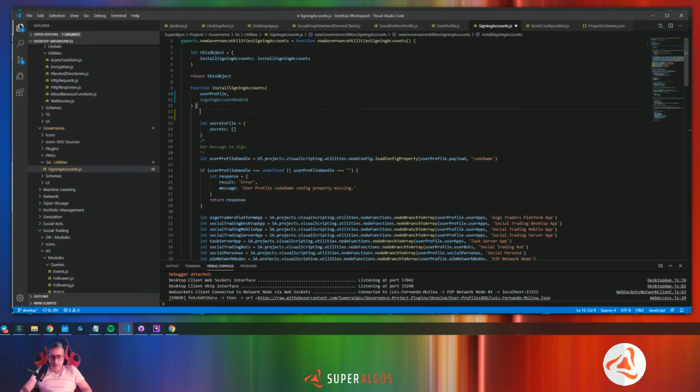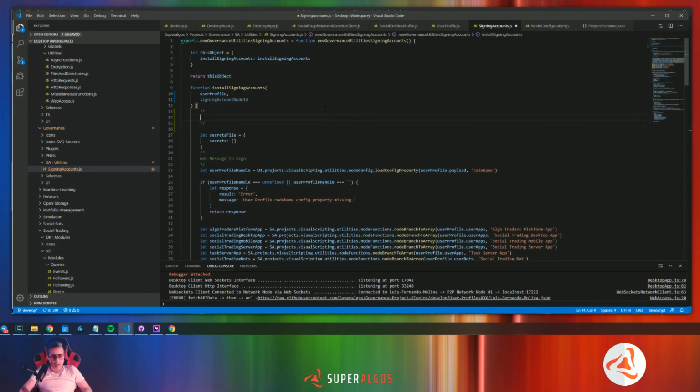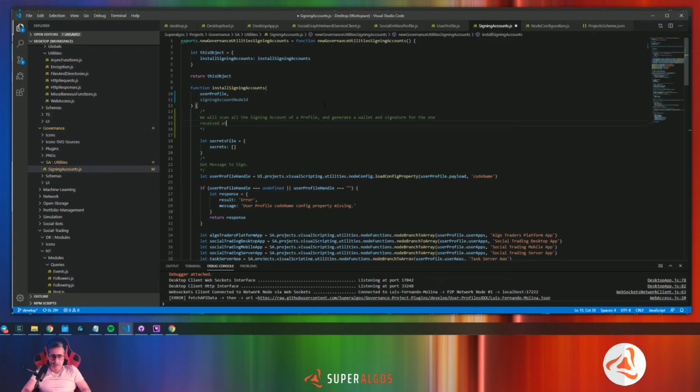And what we are going to do here is scan all the signing account profile and create a wallet network for the one we see here. Then we will create,